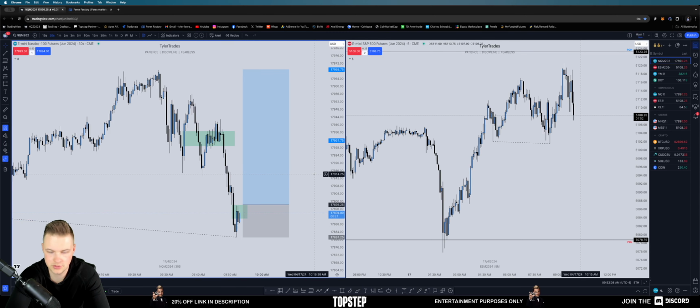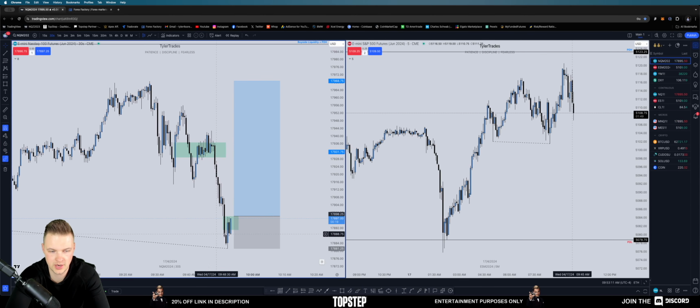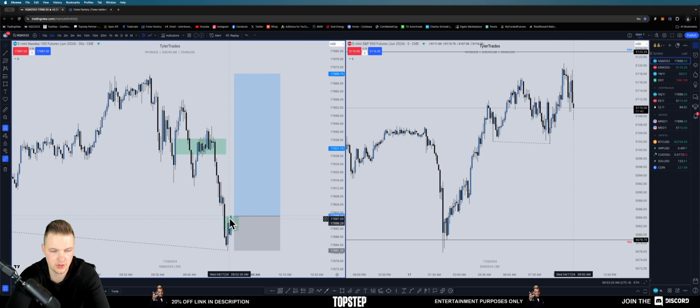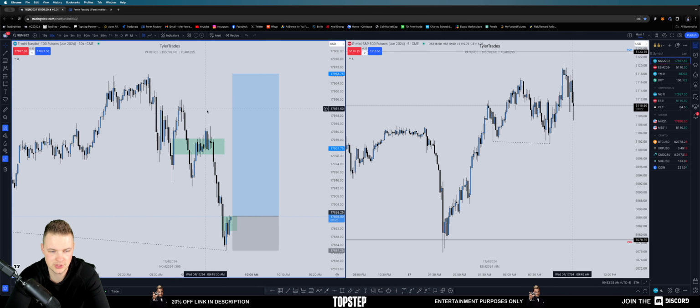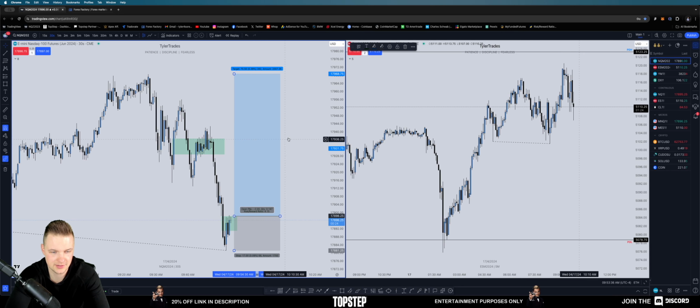In the macro now as well. So in the macro, we swept that liquidity and formed that SMT. If we get a close above this and inverse this gap, I'm long. I'm going stop at the low. May just market execute when the candle closes here. 2 seconds. Okay, we have to wait for one more candle, it looks like. Let's try not to get left behind 3 days in a row, guys. I'm going to do my best.